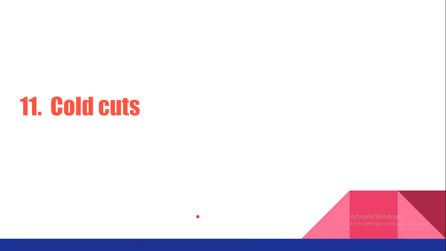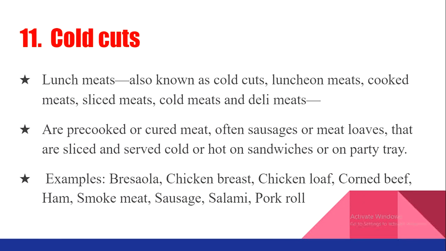Next is cold cuts. Lunch meats, cold cuts, luncheon meats, cooked meats, sliced meat, cold meats, deli meats. These all are the alternative names of cold cuts. So this all represents the same cold cuts. These are pre-cooked or cured meat, often sausage or meatloaf that are sliced and served cold or hot on sandwiches